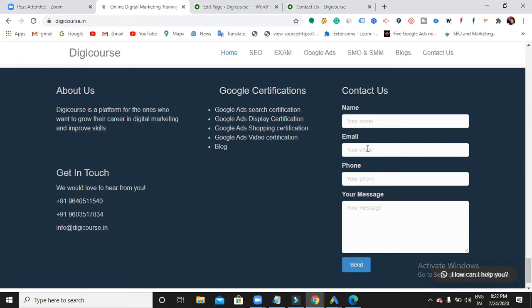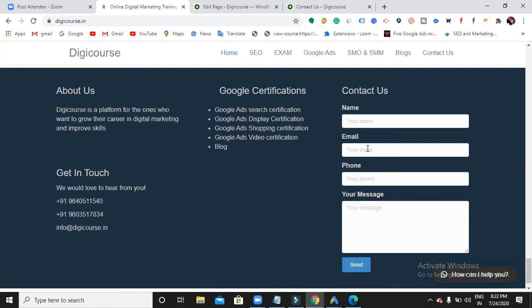Yes, in your case, let's say you want some instant response from the website owner. Filling up a contact form means you have to fill up the form, and you can't predict when you will get a reply back. You may get it after 1 day, you may get it after 2 days. So let's say you are in an instant mood, you want everything right away. At that time, you can't wait like this, right?